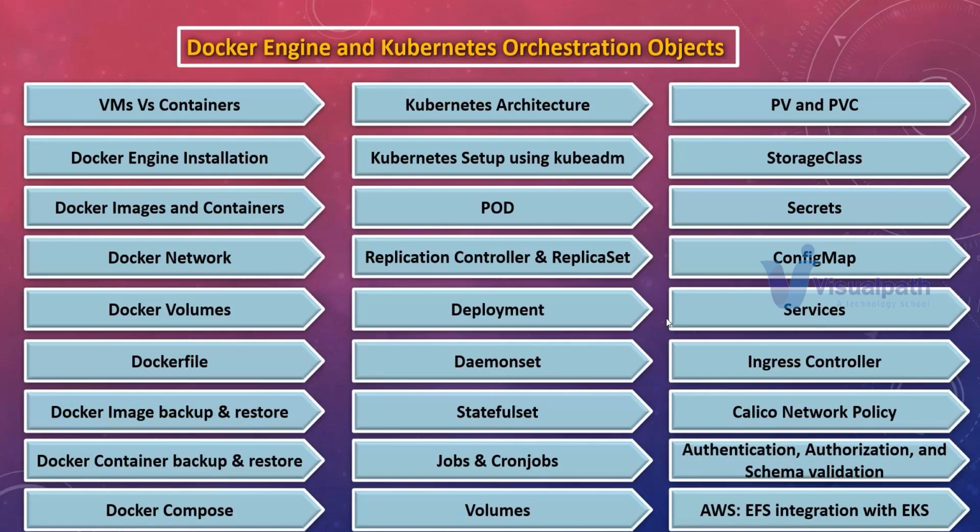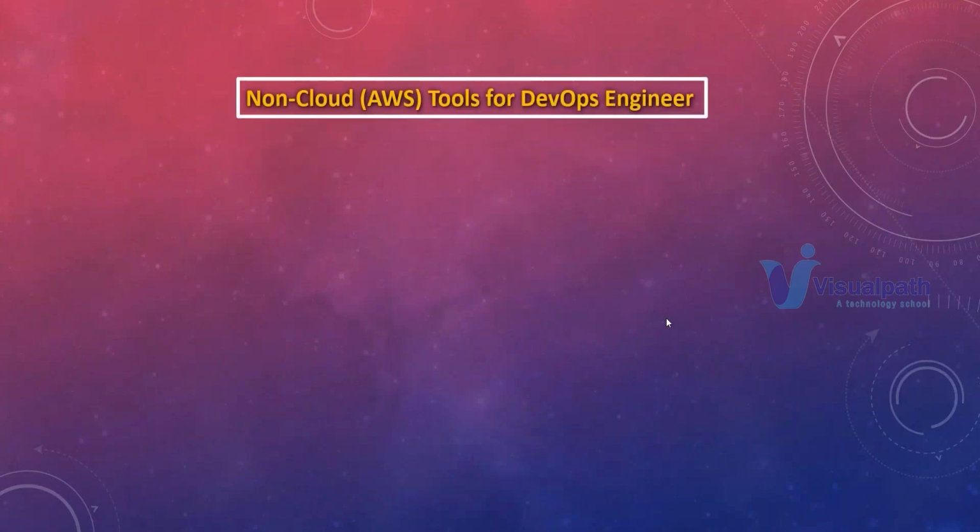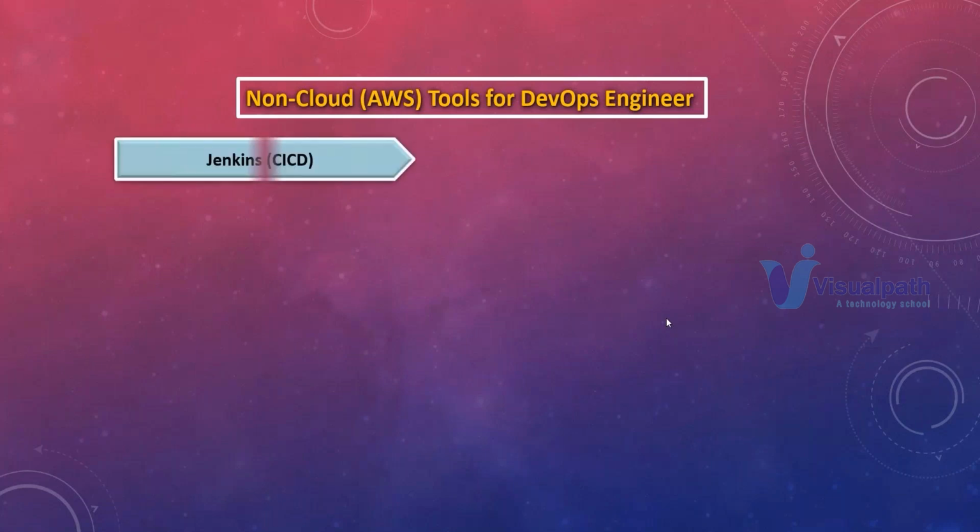After learning Docker and Kubernetes, now we need to step into DevOps tools. First, we will be talking about DevOps tools. Then I will be talking about security tools, because this course is all about DevSecOps. So let us see what DevOps tools we are learning to automate. First one is Jenkins, which is a CI/CD tool. And Jenkins is not part of AWS. That's the reason I've written non-AWS cloud tools for DevOps Engineer.